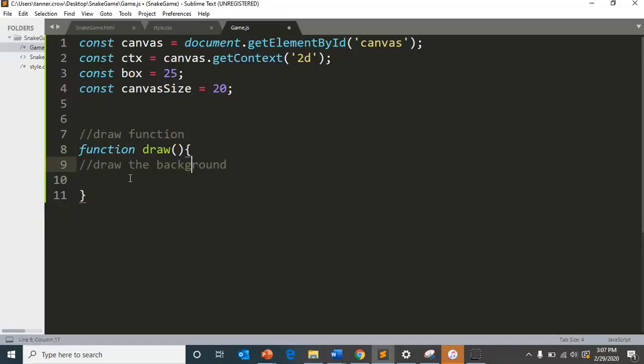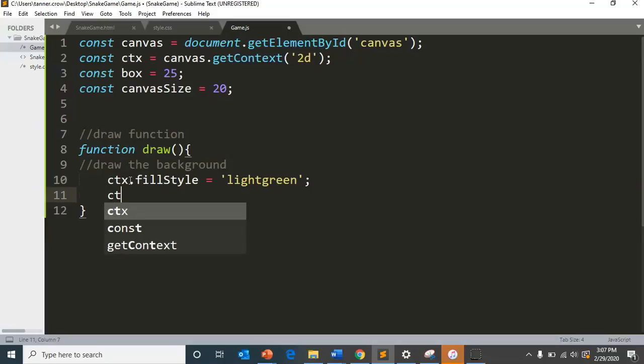The first thing we're going to do in here is use the context dot fill style. Now this is getting a color and setting up what color we're going to use next. If we do light green, this will not do anything quite yet, but if we add one more, ctx dot fill rectangle,